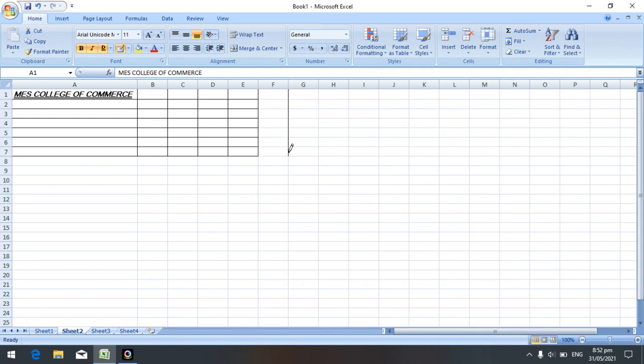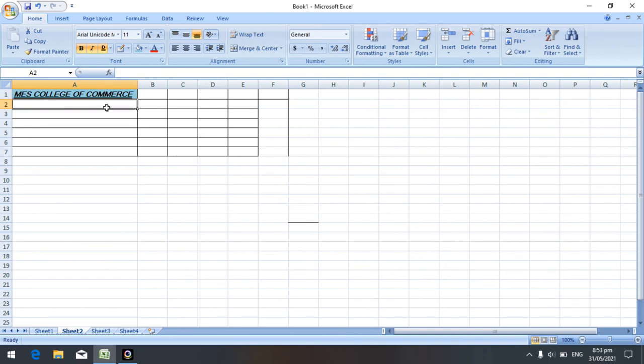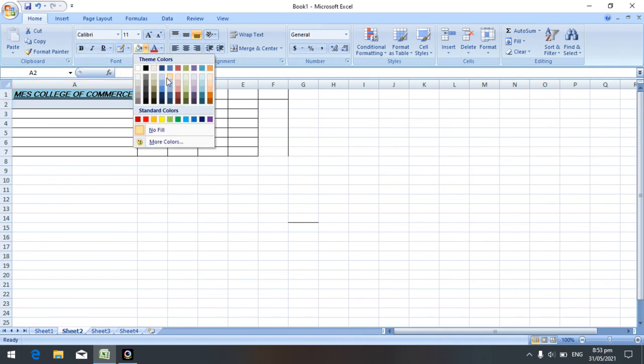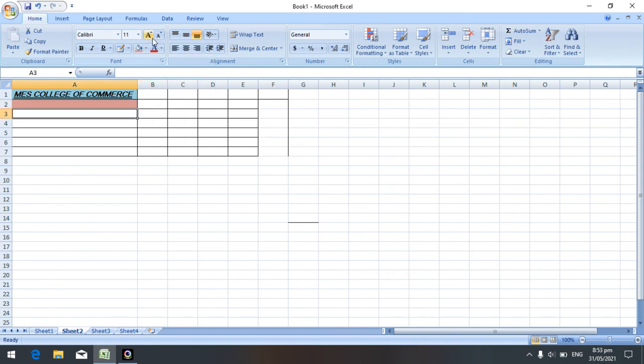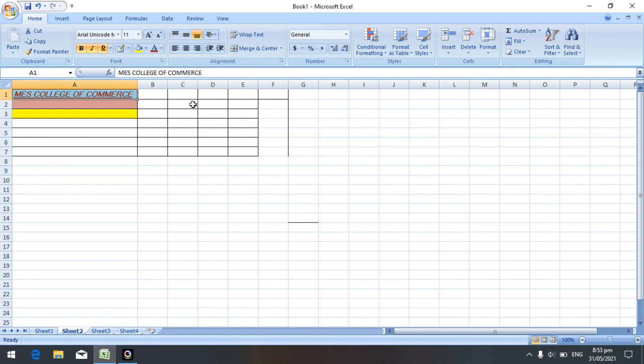See, wherever you want, you can select. So when you double click, automatically it changes the arrow mark back to the normal mouse pointer. Next one is the fill color. If I want to fill color for a particular cell, it fills the entire cell with color. So for each cell you can apply different colors, whichever you want, you can select it. And the last one is the font color. So after selecting the text, you can apply any color for the particular font.